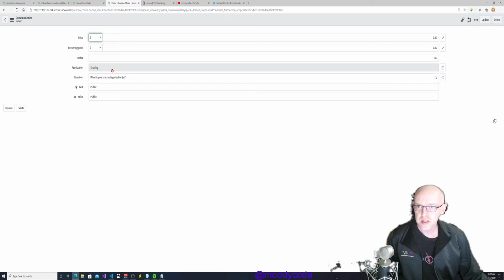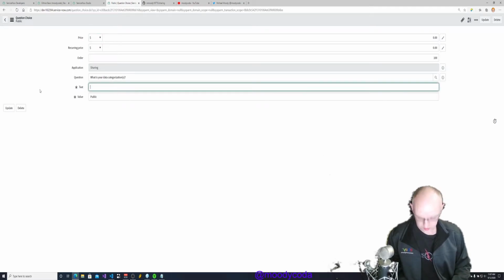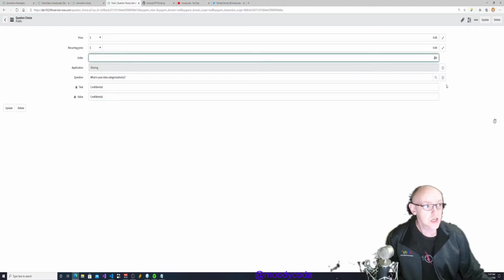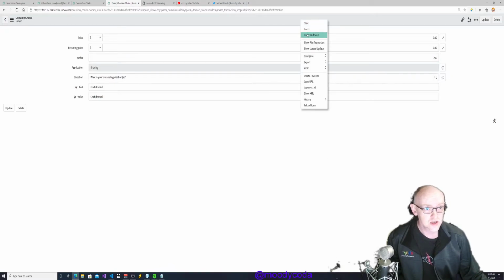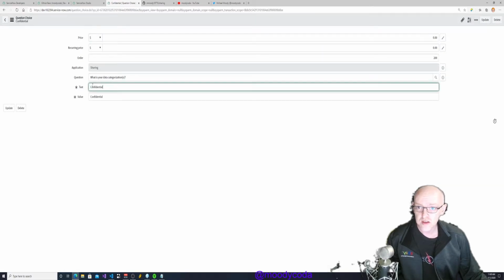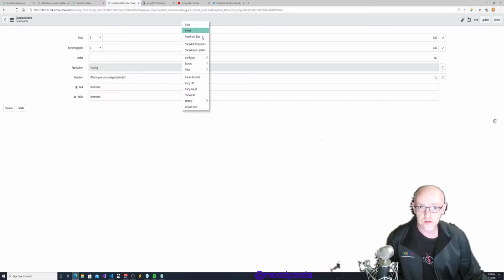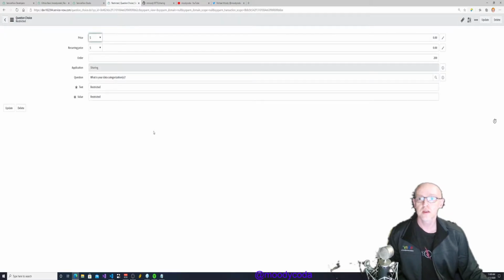Do save. And then also do confidential as a type of data, and we'll have that be the second choice. Do an insert and stay. And then finally we'll do restricted as a third choice, and do insert and stay. Okay, so we now have